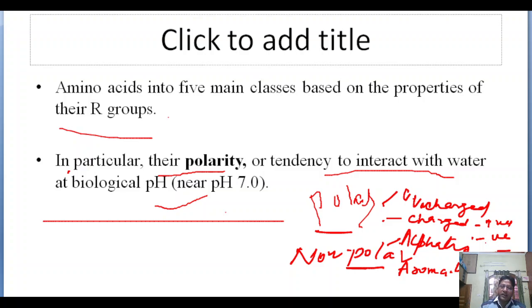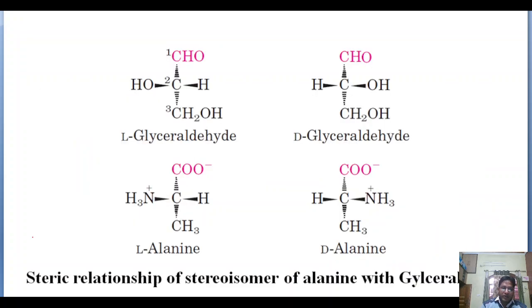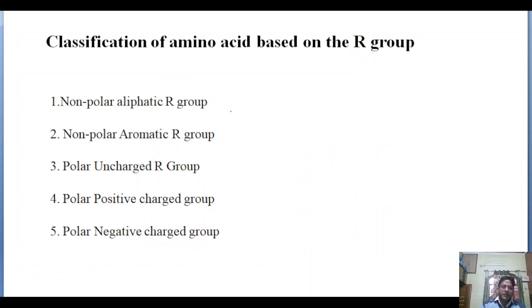Based on this, there are five classes of amino acids, broadly based on the characteristics of the amino acid to interact with water, whether they are polar or non-polar in nature. We have discussed the steric relationship of alanine with glyceraldehyde. Now we come to the classification. As I have already said, the classification of amino acids is based on the R group. The skeleton carbon is the same in all amino acids, and they differ only in their R group, whether they have a non-polar aliphatic R group or